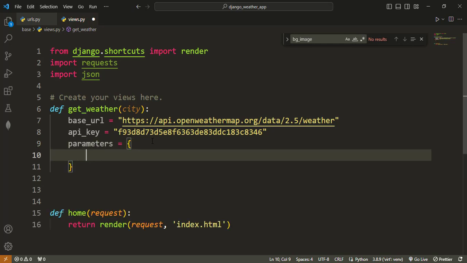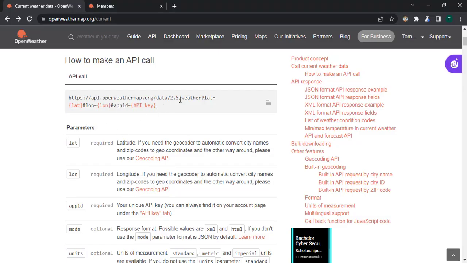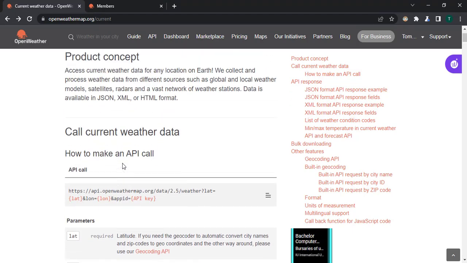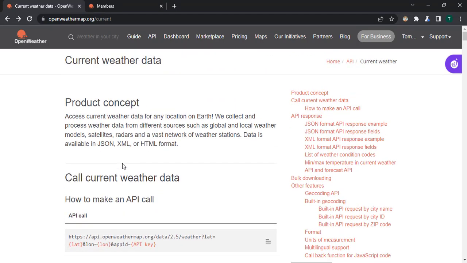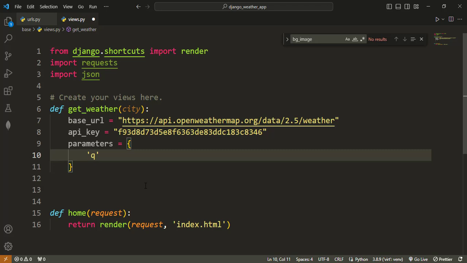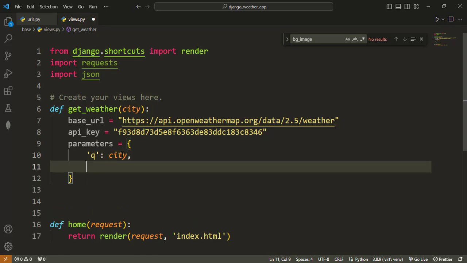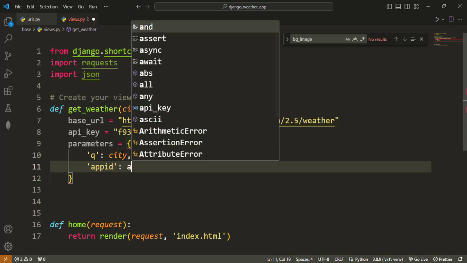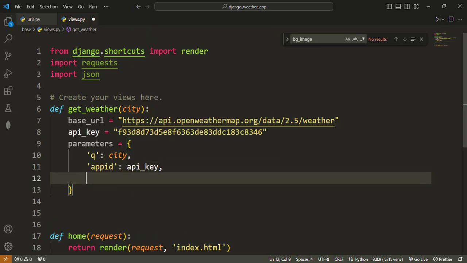And we will make it in the form of a Python dictionary. The q, remember the q here. On the other page, there was the q, which is used for the query. So we just make it the letter q. If you make it any other thing, it may not work. So q should be the city, and then the API app ID, one called appid, should be your API key. And then